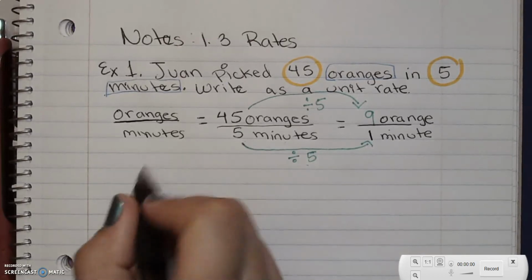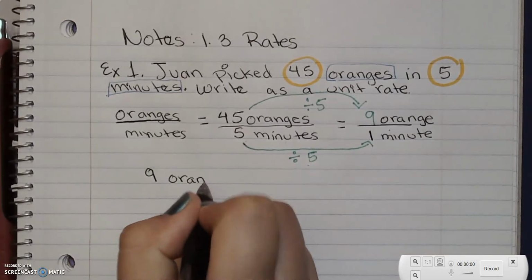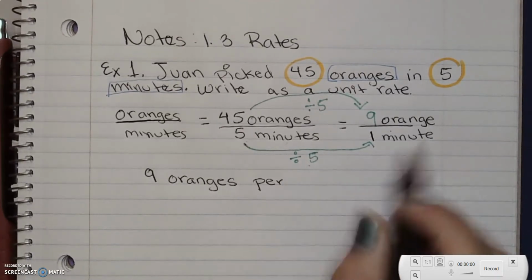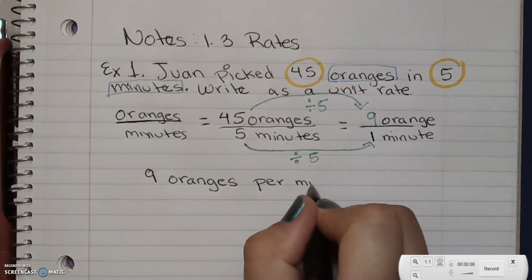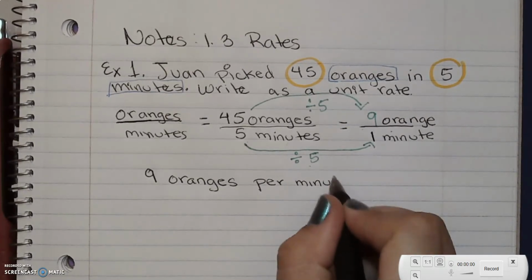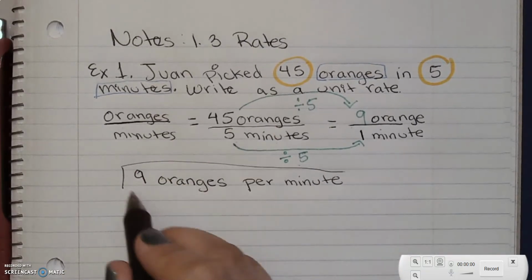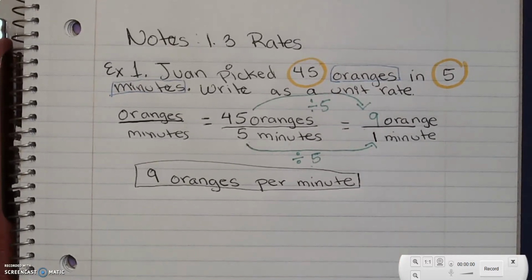Okay, and I am going to use my complete sentence, and I'm going to say 9 oranges per. Okay, remember this one also represents per minute or for every minute. Okay, and I'm going to circle or box in my answer. That is it. Now, there's another way to do this, and I will show you